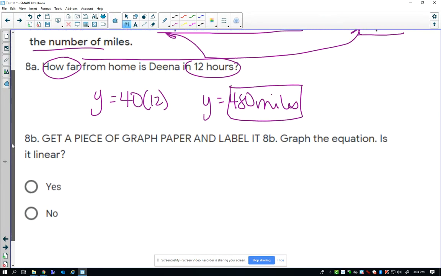On B, we're going to go ahead and do both of those together. It says to get a piece of graph paper and label it 8B, graph the equation. Is it linear? So the equation